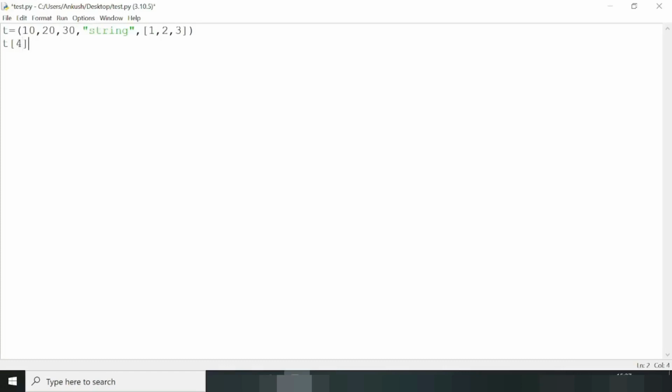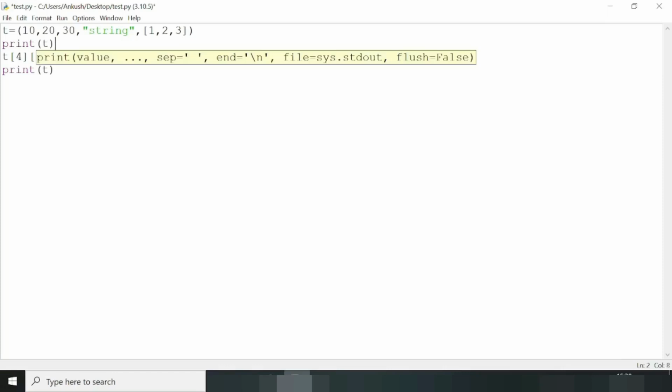And now we are in this list, and here I want to change this 2 into 10. To do that, we need to access this list, access this 2, and the index of 2 is 0, 1. So here we need to pass 1 within a square bracket like this, and now we can change this element. And now we want to print the updated value of this tuple t, and we also want to print the value of tuple before changing it, like print t. Now if I run this code,